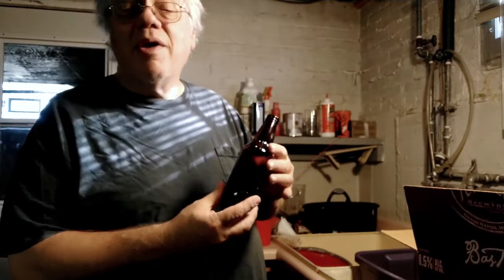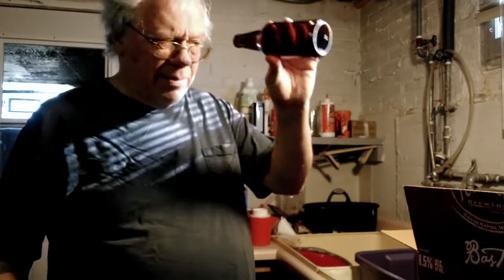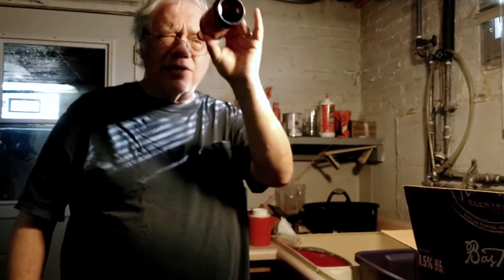In my case, this is what I live for, to save all these bottles from other beers that I've drunk, just clean them out and save them for putting homebrew in if I ever get to that again, or give them to other people who need bottles for a homebrew contest. So I've got plenty of these to go with, and I'm going to start inspecting these, make sure they're still clean,